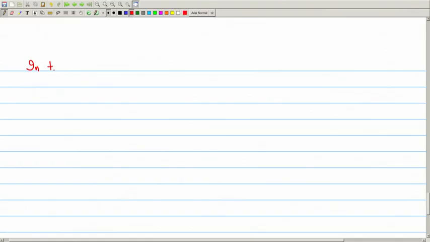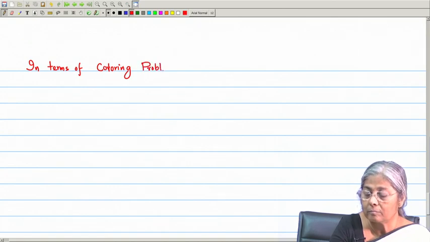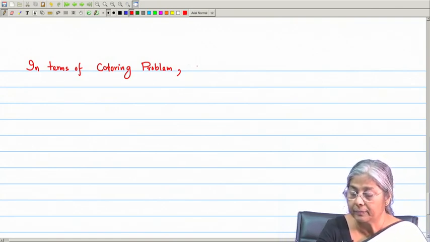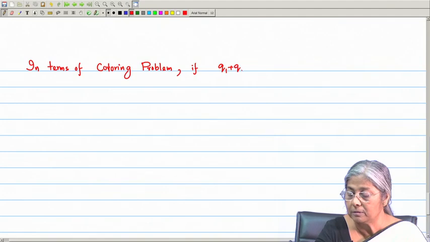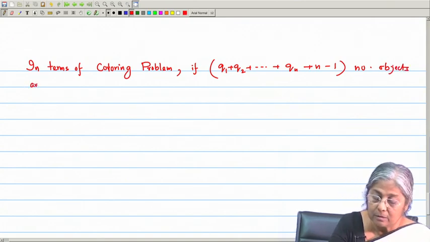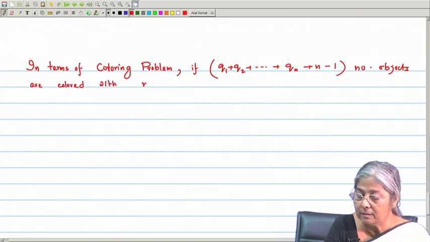So, in terms of a coloring problem, we can tell that if Q1 plus Q2 plus up to Qn plus n minus 1 number of objects are colored with n colors,